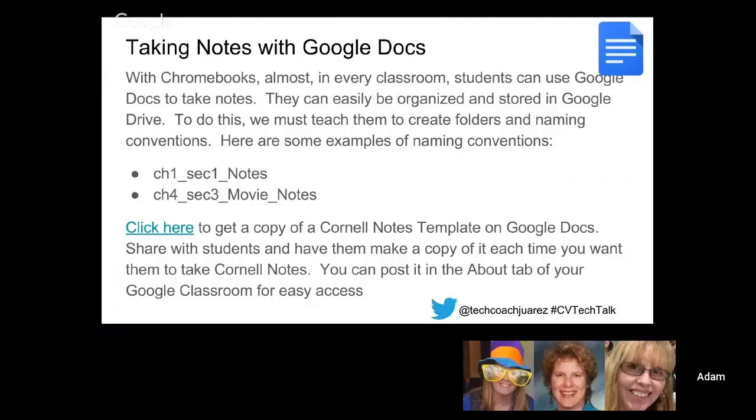Especially if you're going to start a freshman tech camp, this is a tech boot camp. This is the thing I tell my freshmen every year. You need to really improve your naming conventions, because I've seen them over the years. I look at their Drive and I see nothing but untitled document, untitled document. They can't find it. I tell them a story of my old college roommate who didn't do a very good job of